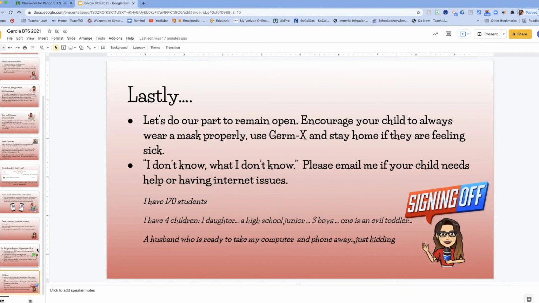I think I have over 170 students. It's 6 classes, so that's a lot of grading. It's a lot of planning. I have 4 children of my own at home. I have a daughter who's a high school junior, and I have 3 boys, one of which is an evil toddler who takes up a lot of my time and energy. And I also have a husband who's ready to take away my computer and my phone because I spend so much time planning and grading,